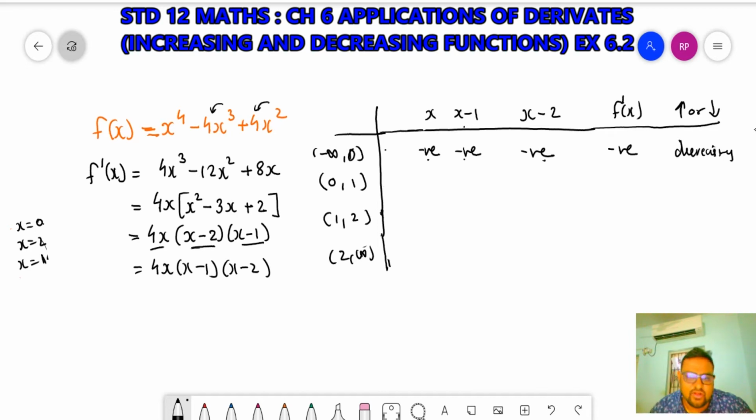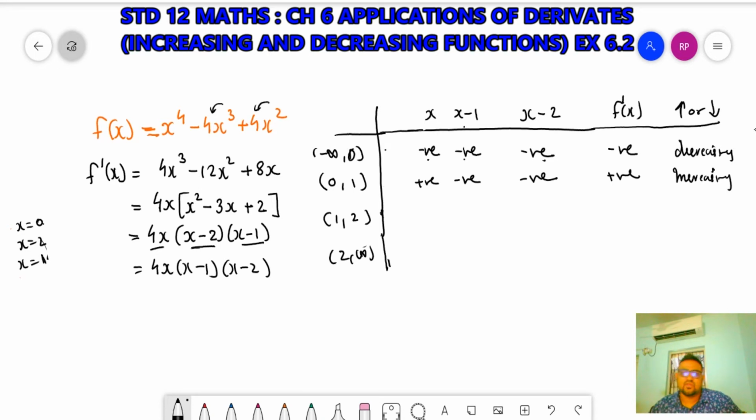So decreasing function. Now from interval 0 to 1, the value of x is between 0 and 1, so it's positive. Whatever value I take from 0 to 1, let's take 0.5, x minus 1 is 0.5 minus 1, minus 0.5. So this will be negative. x minus 2 will also be negative. So 2 negatives and 1 positive will be equal to positive, when I multiply 3 numbers, 2 of which are negative. So f dash x is positive, therefore